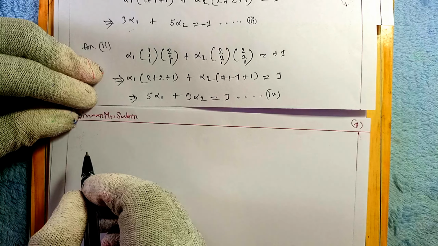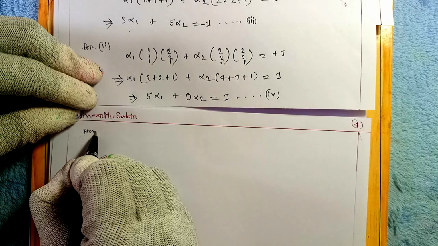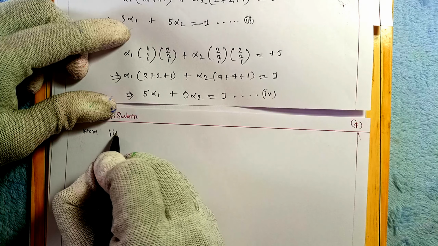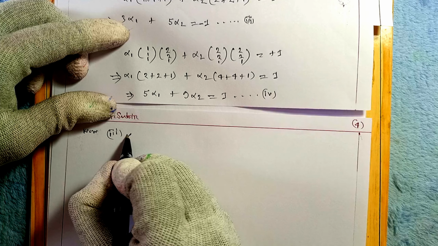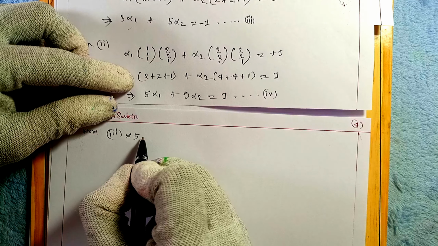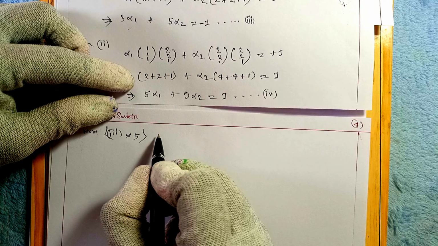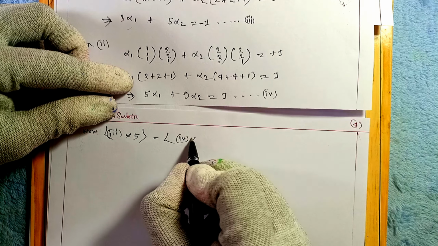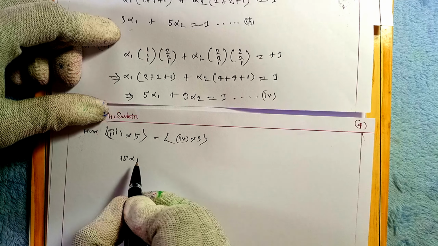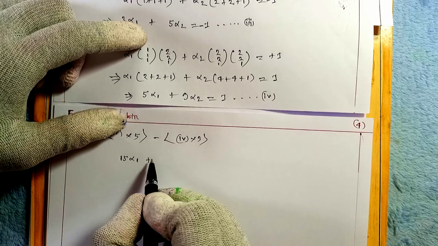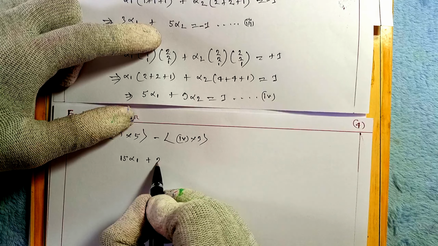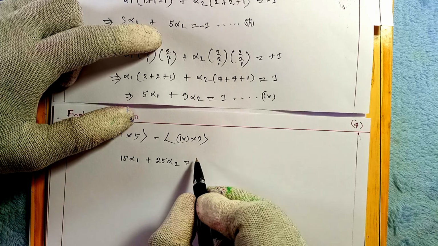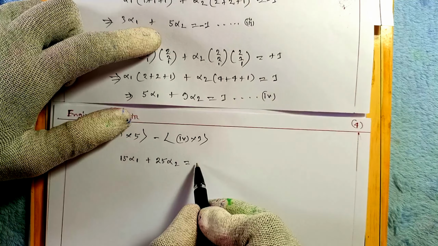So equation number 3 into 5, because that alpha value is 5, and then we subtract equation number 4 into 3: 15 alpha 1 plus 25 alpha 2 equal to 5 into 1, that is 5,